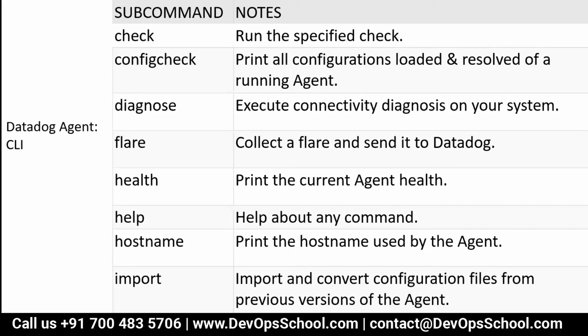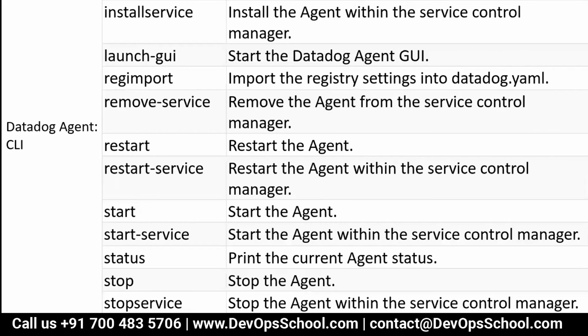If you want to know the health of the agent, the health command. If you want to print all the commands of the agent, the help command, hostname. If you want to import someone's configuration file from a previous version, like version 5, the import command, which is hardly used. Install service.